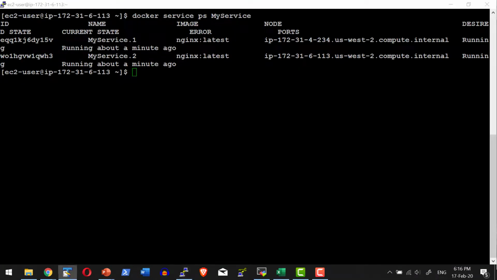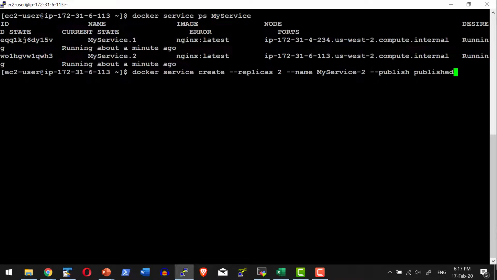The similar way, I can go ahead and create another service as well. For understanding purposes, let me create another service. docker service create, replicas 2, name my service 2, published on port 9090 with target 80 of Nginx, and I can deploy a different version into it.